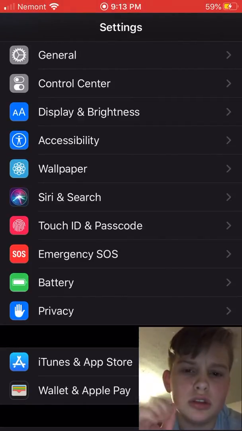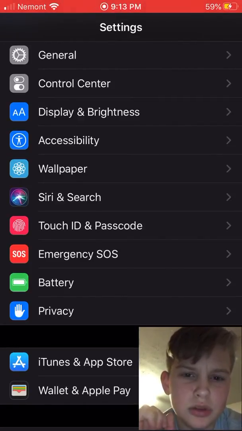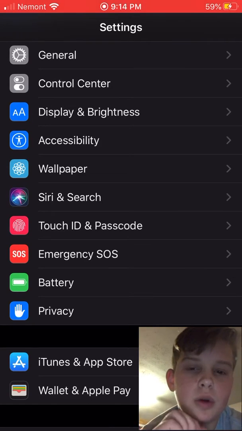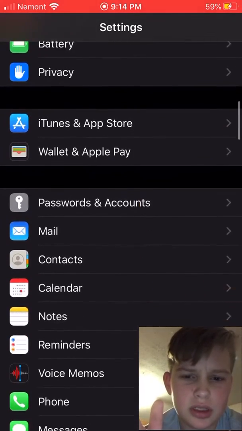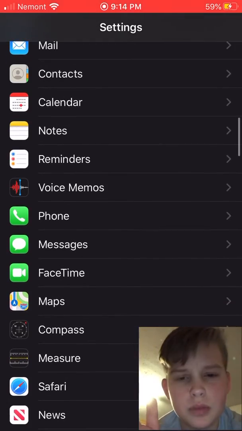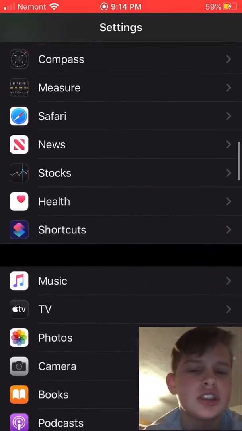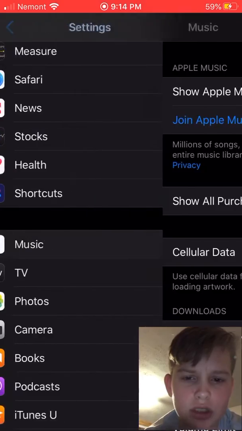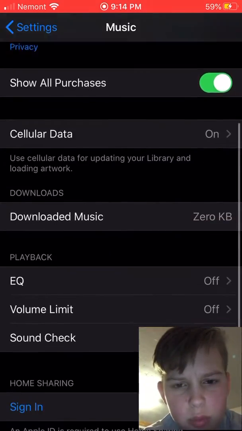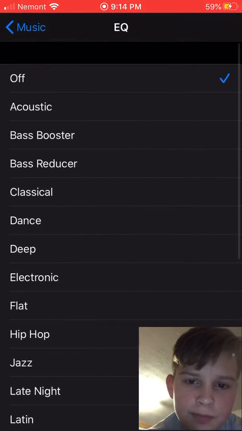This tutorial is going to be on how to make your iPhone significantly louder, quite a bit louder, without any apps or anything. No, this is not with apps. This is straight just in iPhone settings. All of it's in iPhone settings. You can do it. So basically, you go into Apple Music and you go down to your EQ, and you